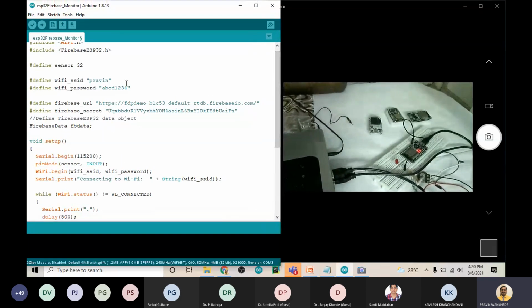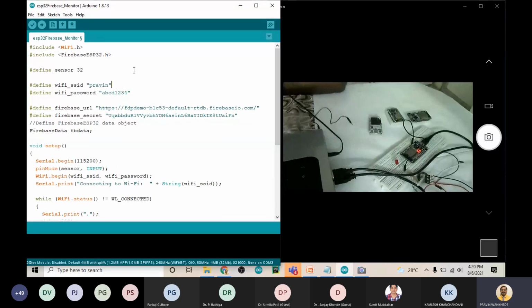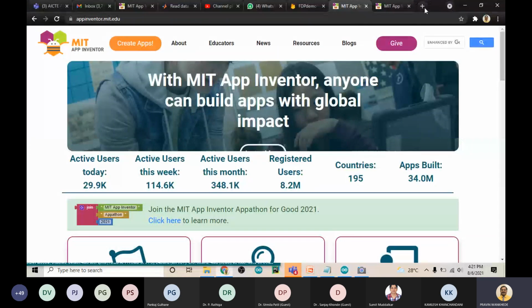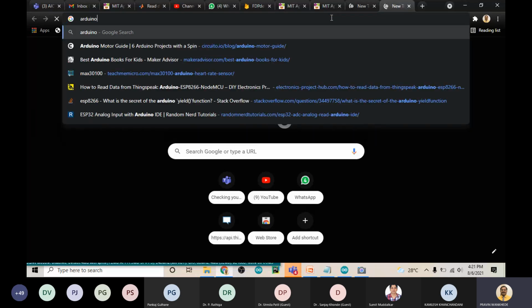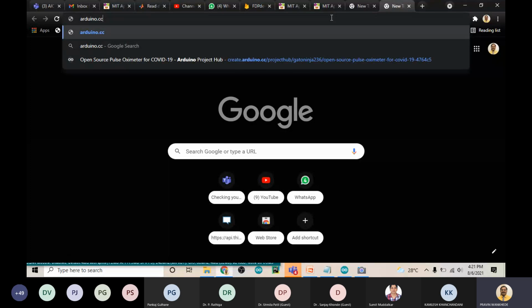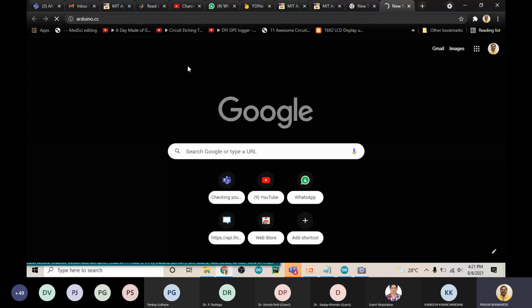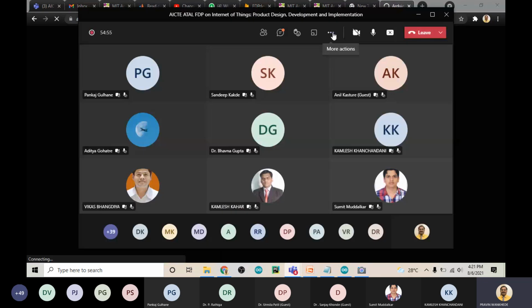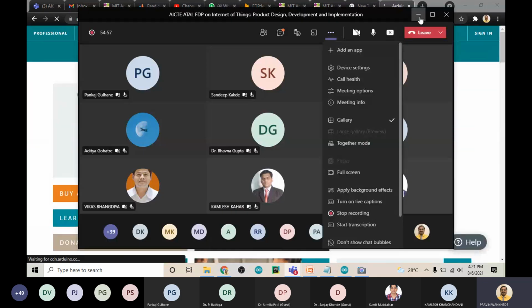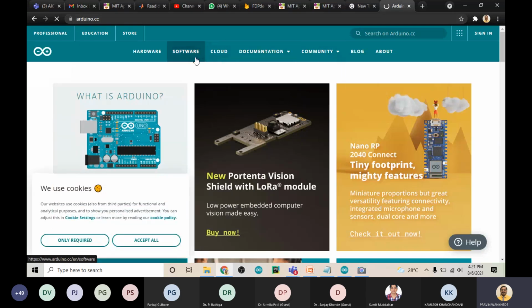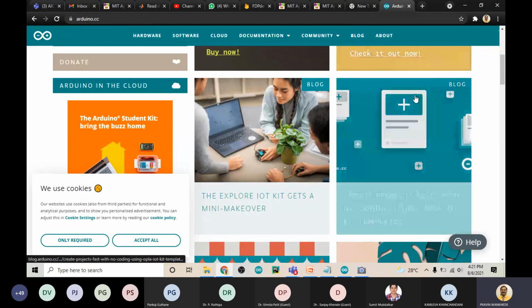Now we'll start. What you have to do is first install a few softwares. If you are not aware of all these things, then you just have to go to arduino.cc and install the software.